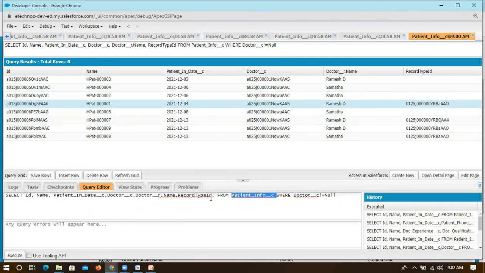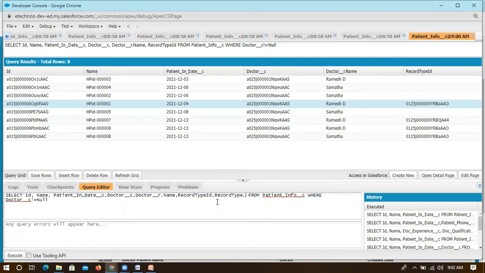Instead of this record type ID, I want to showcase the record type name so that I can understand it in a better way. Names we can understand, right? This ID I can't understand. So if I want to get that name, you just need to copy this record type ID and remove this ID. If you have a standard field like account ID, you have to remove that ID.